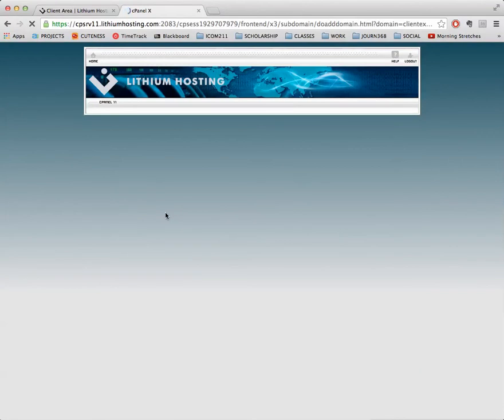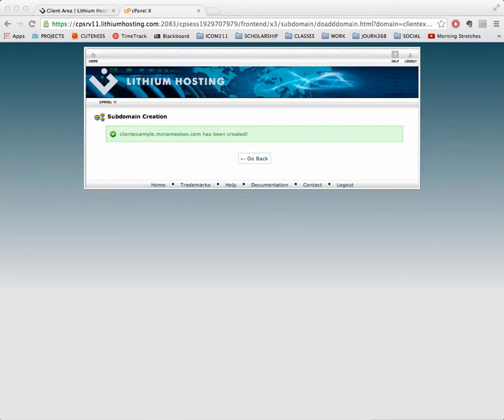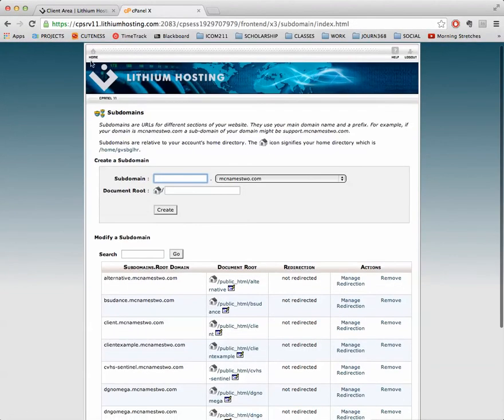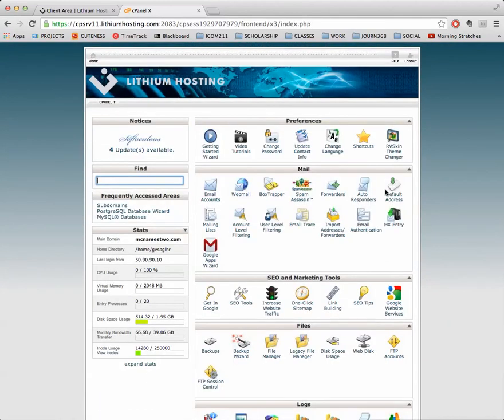And it's going to look for a second like nothing's really happening, but our subdomain is being created. You might have to wait a while. It could be up to a minute. It really just depends on a couple different factors like your web connection. There we go. So clientexample.mcnames2 has been created. I'm going to click Go Back. And then I'm going to click Home, and now I have a subdomain,